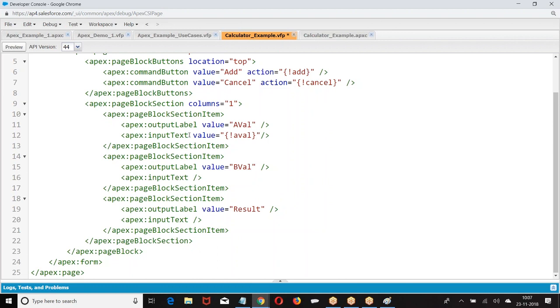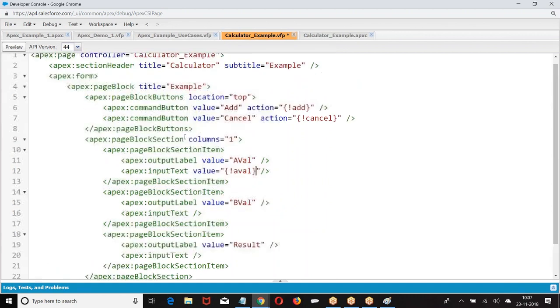Whatever value I enter in the box, save it to a variable called a value, which is called a setter. Set the value in the box to the variable called a.